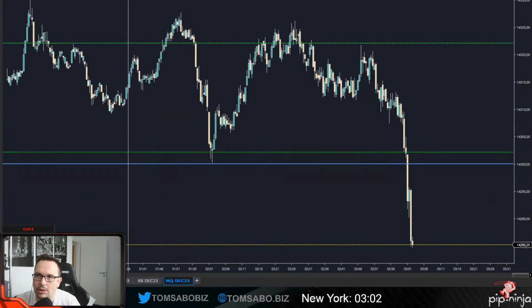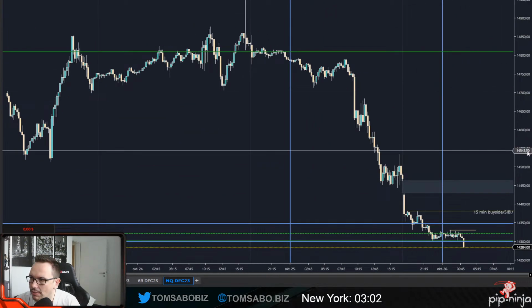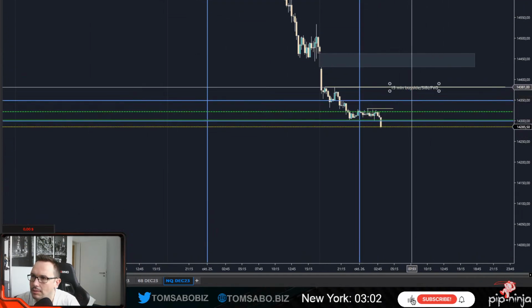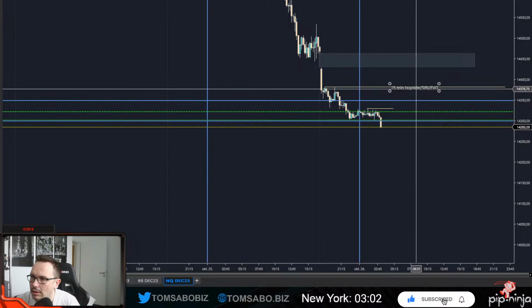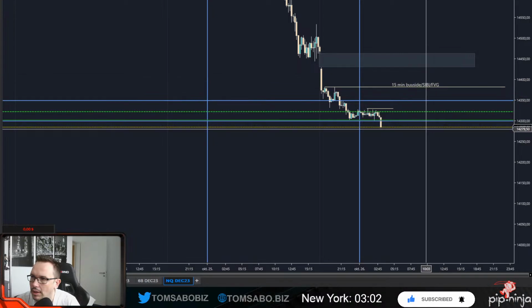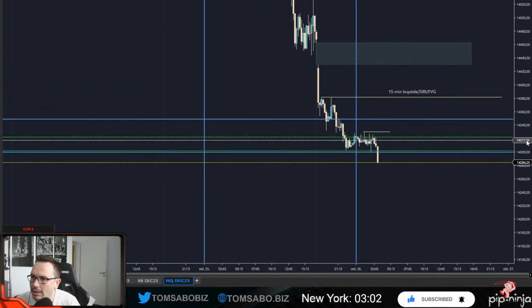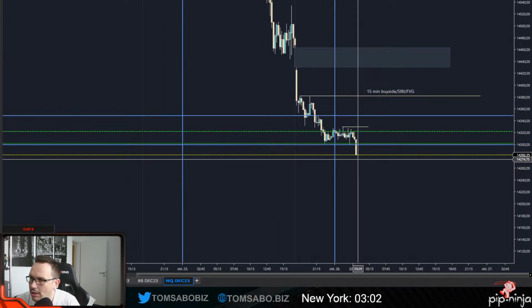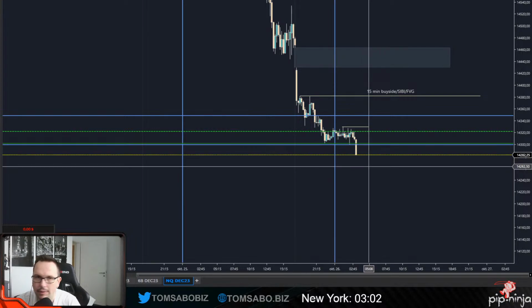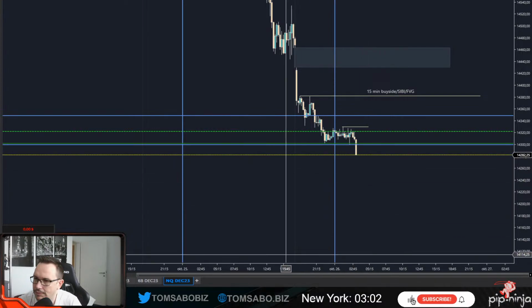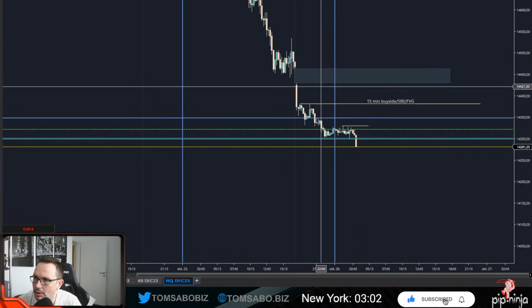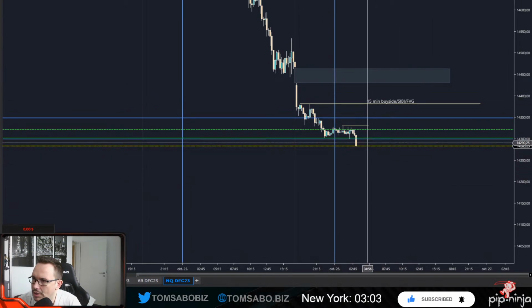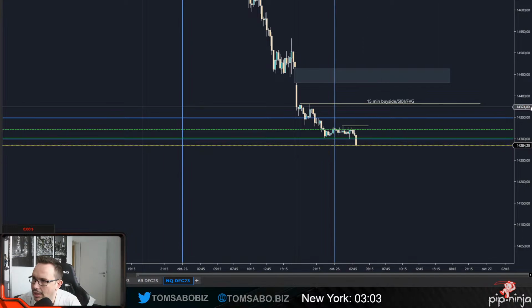Let's change the chart to a 15-minute chart. So this is a 15-minute NASDAQ. Let's put this here. Oh, it's locked. All right. Okay, so this is a 15-minute NASDAQ chart. As you can see, we're going to the 200s. I'm gonna go over through this in every detail as much as I can.